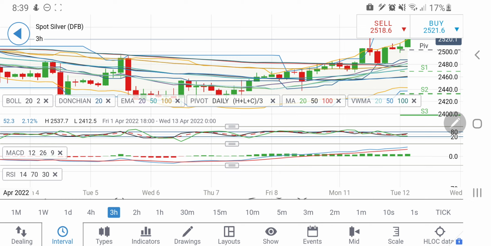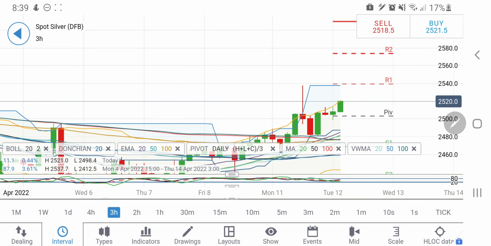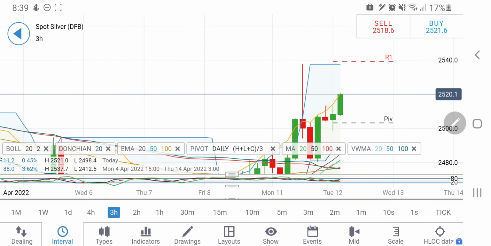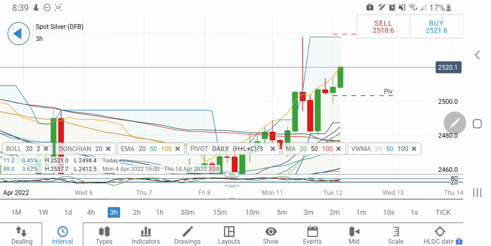On the 3-hour chart, see, this is trying to break out here. 2 candles, lower highs lower lows, and now this is trying to break out. So it is very much bullish. This candle may try to give you an equal size of candle where you can expect 20-25 points, so almost 2510 to 2530, 35 it may try to hit. So here the strong resistance for silver lies at around 2540. This I'll be watchful of.